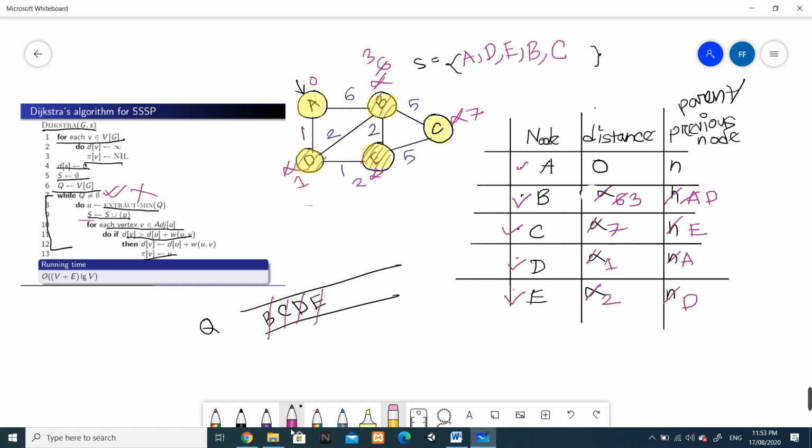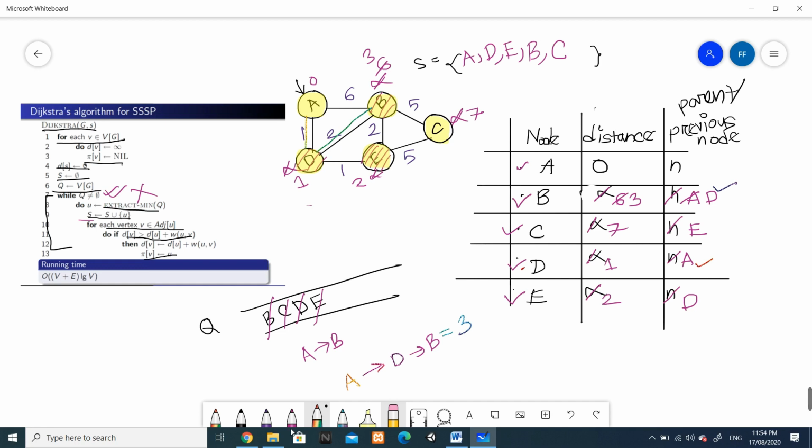So this loop will break, and Dijkstra's algorithm is done here, and we have computed the shortest path to each of the nodes. If we want to get the shortest path from A to B, first we'll write the node B, then B has a parent D, and then we will go to D. D has a parent A. From A to B the shortest path will be ADB. The value of ADB will be 1 plus 2, which is 3.